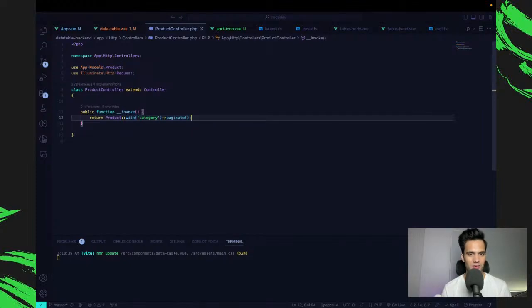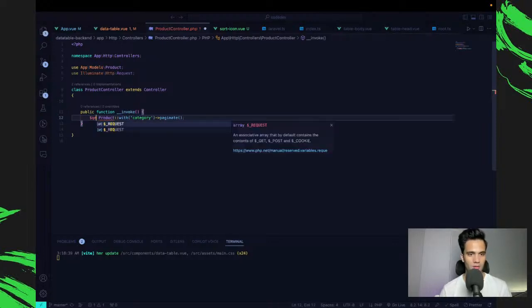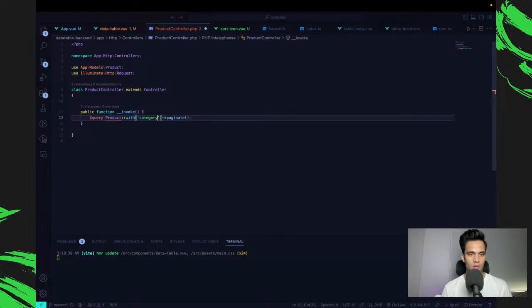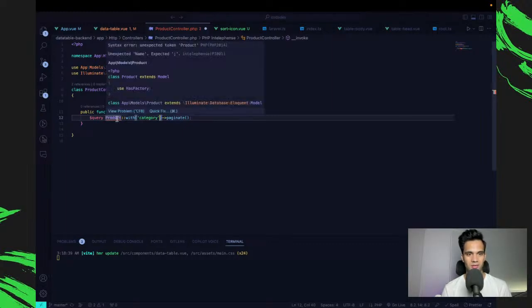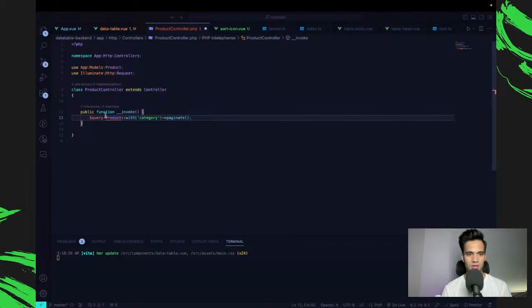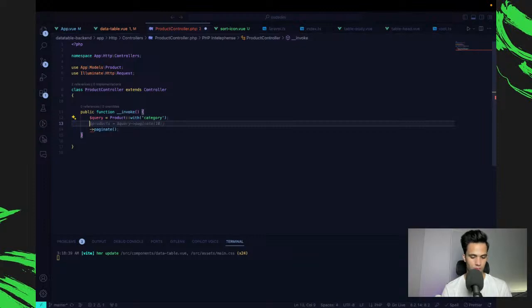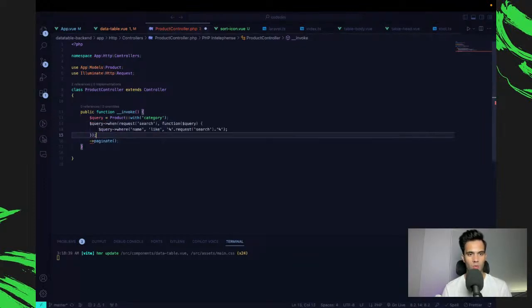So product with category, I'll need to do some logic here. Instead of just returning, I can just say it's a query, and let's build the query. Why is it giving me an error? Okay, oh sorry, query is equal to product with category, and query when request has.